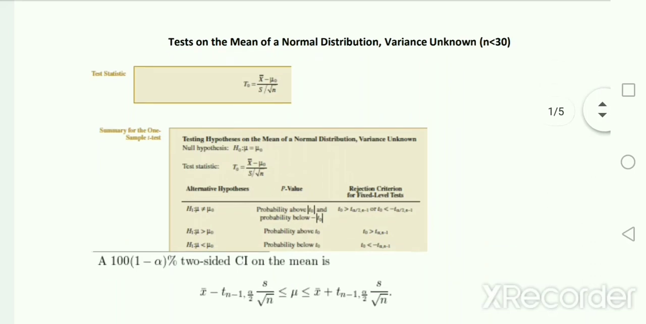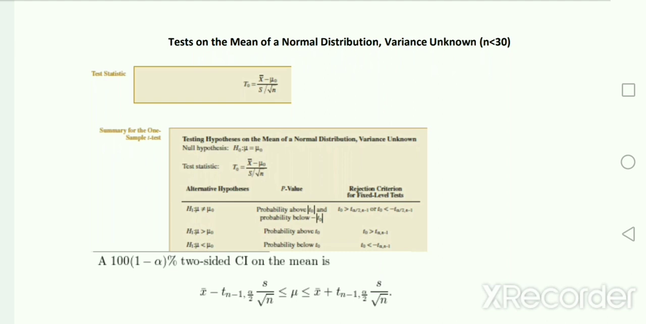Hi students, today we see the second model problem, test on the mean of the normal distribution when variance is unknown with sample size less than 30. Suppose our sample size is less than 30, we want to apply the t distribution table only, and the test statistic formula for this t naught is equal to x bar minus mu naught divided by s